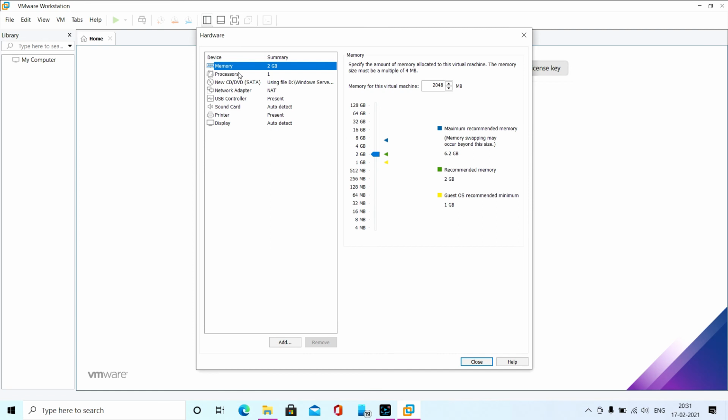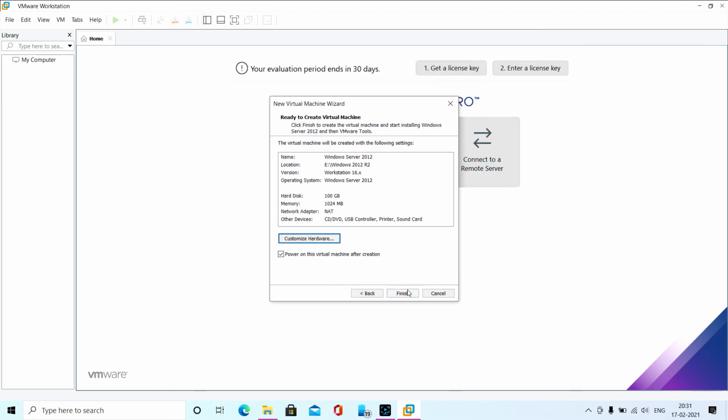You can increase or decrease your processor and memory. In my case I am decreasing the memory size, as we are creating this for demo purposes. Then select the power on option here. Once the VM is created, it will start booting. I'm finishing the installation.